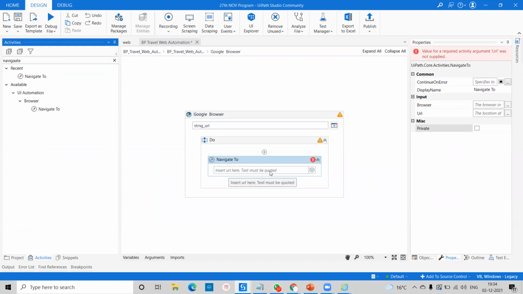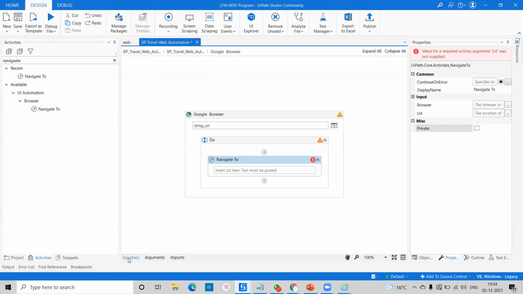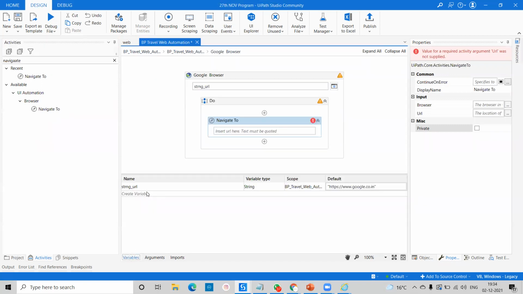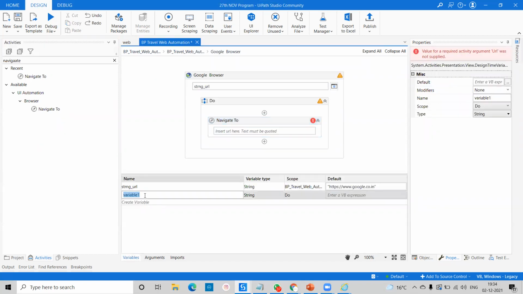If you're going to pass a string, you can pass it in double quotes. If you want to pass a variable, you can come here and pass it. Again, I will create this variable, string underscore navigate URL. Try to understand: tomorrow if I hand over my code to any developer or manager, anyone can easily understand this is your variable called string and this is the name called navigate URL. This is the best practice to create any type of variable.